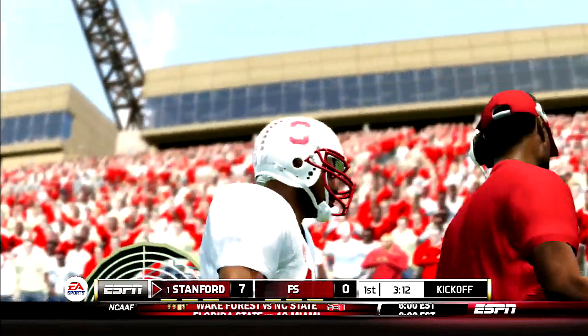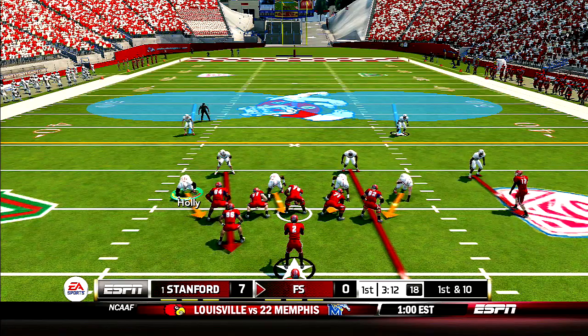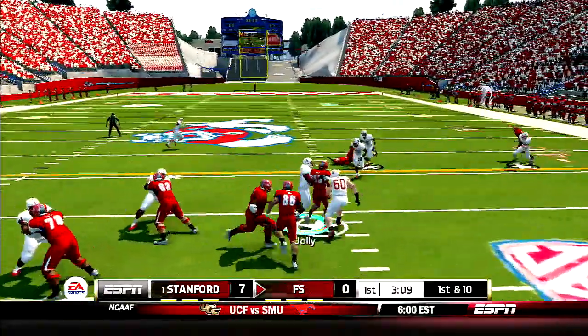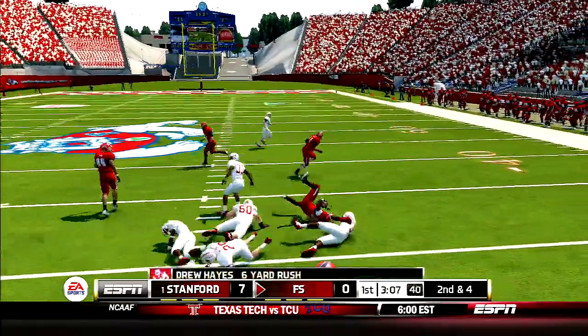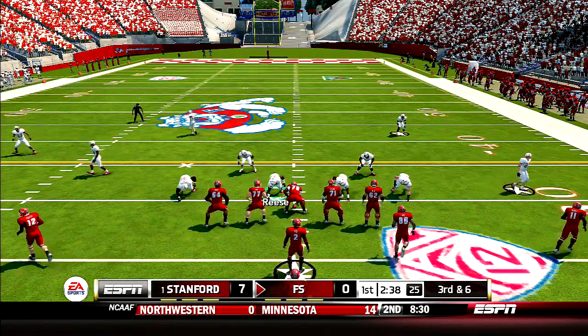There you see Coach TJ Bonds liking what he's seeing from his halfback here. And hopefully we'll see a lot more of that in today's game. We're trying to really utilize the running game as much as possible. To see Hayes here taking a page out of our own book, as the Bulldogs now have possession of